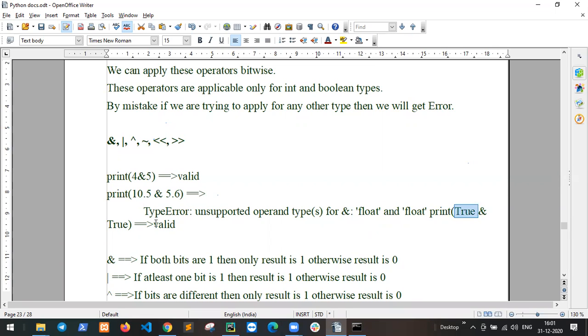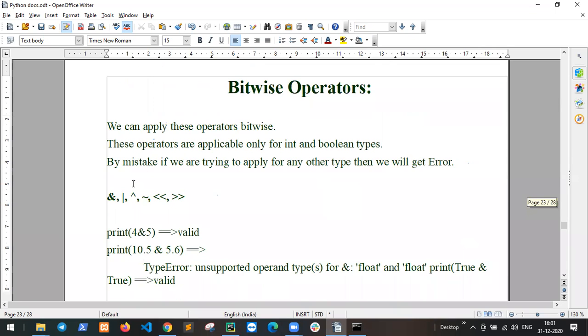The result is not defined for float and float, only for int or boolean. So that becomes a type error. Printing True and True is valid, but float and float is not valid. So if by mistake you try to apply these to any other type, you get an error.